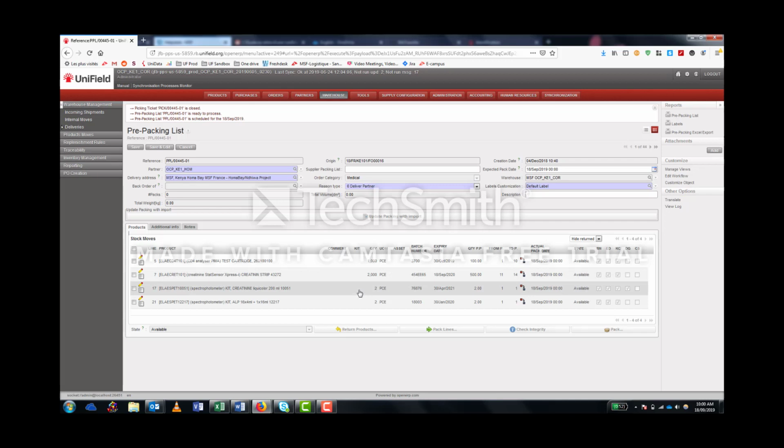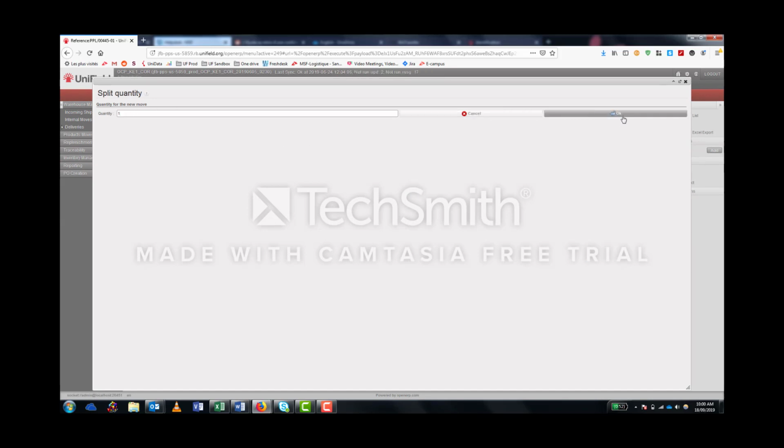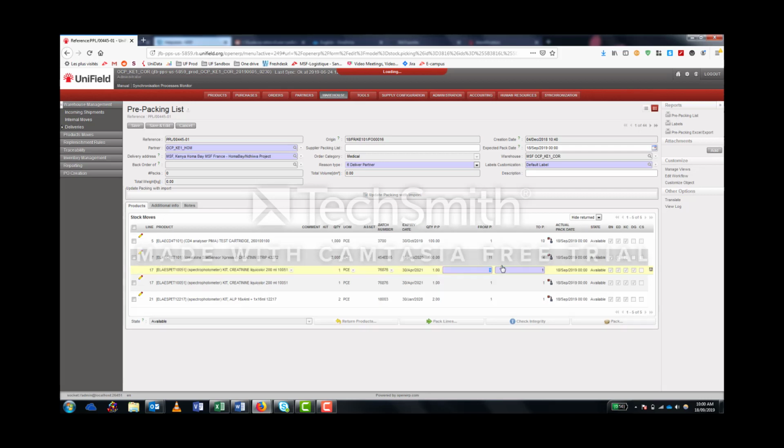Let me show you how. I now have the creatinine on 2 lines. We will put the third item in parcel 15, the fourth in parcel 16, and the last one in parcel 17. Let me move forward a bit.